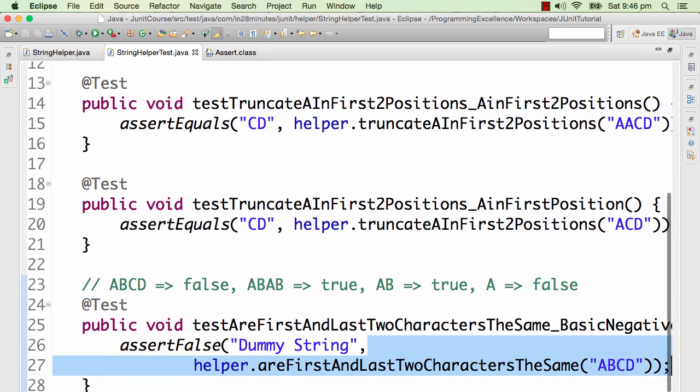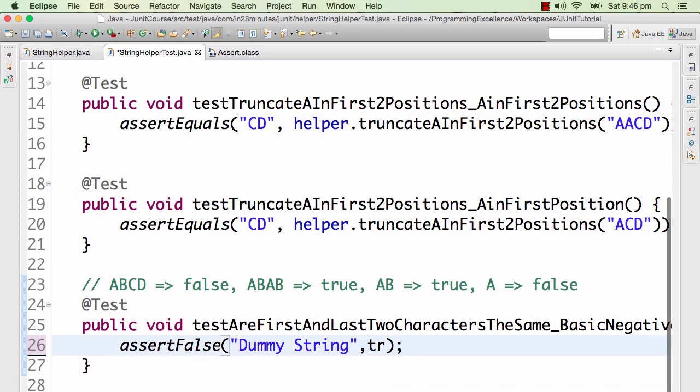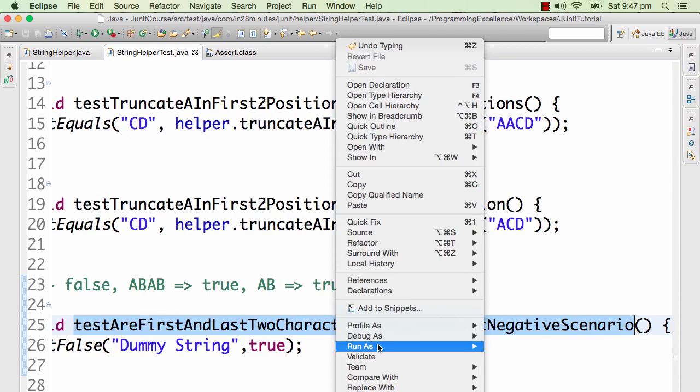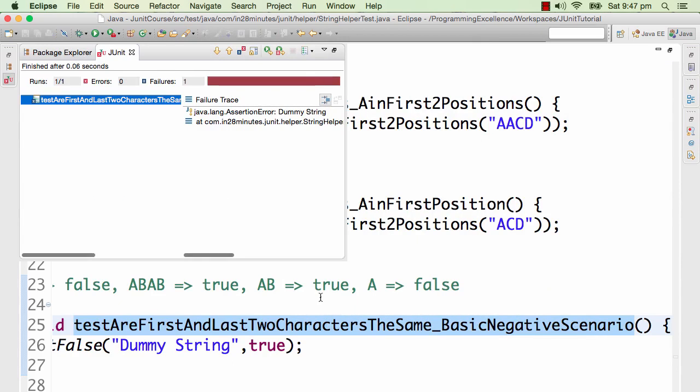I'll just say assert false and true. So I'm removing that check and I'm saying assert false true, which would fail because I'm saying true should return false, and it would never return false, right? So this test would fail. So we'll see what happens when the test fails. Run as JUnit test. It fails, but the thing you can see is the dummy string is printed as assertion